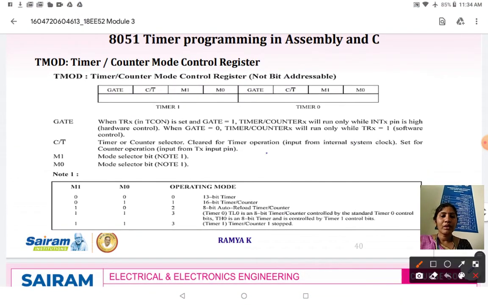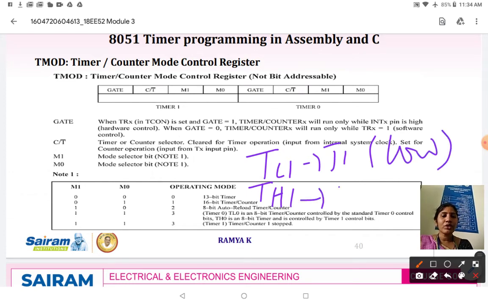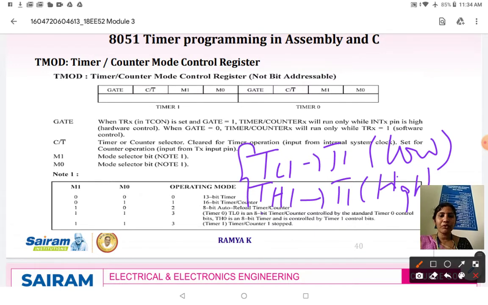TL1 is timer 1 lower byte, and TH1 is your timer 1 high byte. These two registers will be used for timer lower byte and timer high byte.